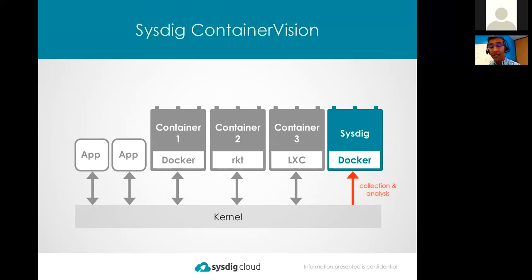If you're not running containers and you'd like to instrument your system with Sysdig, you can do that as well. As indicated in this particular diagram, you can certainly see everything coming from non-containerized apps as well. In that case, you simply run the Sysdig agent as a root process on the host.